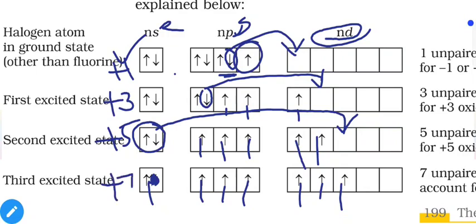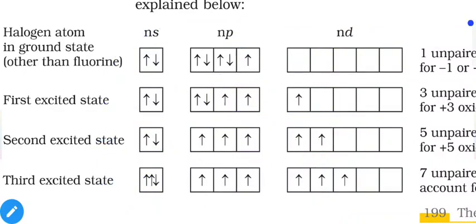So that is the +7 electronic configuration. That's how, because of the presence of d orbitals, they can split their electrons, and electrons can jump into the d orbitals, so valences can increase. So maximum we will get 7 electrons from the d orbital, s orbital and p orbital use, and that's why we can get up to +7 oxidation state.